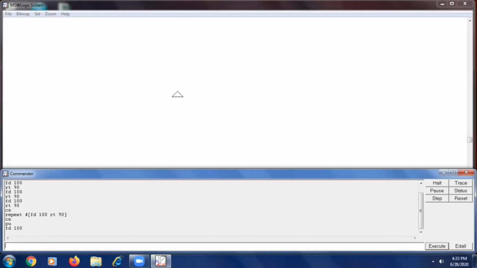Now I want to turn my turtle RT 90. Here I need one line. So what will I do? I need to bring back my pen. We did pen up, PU. Now I need to put the pen down.